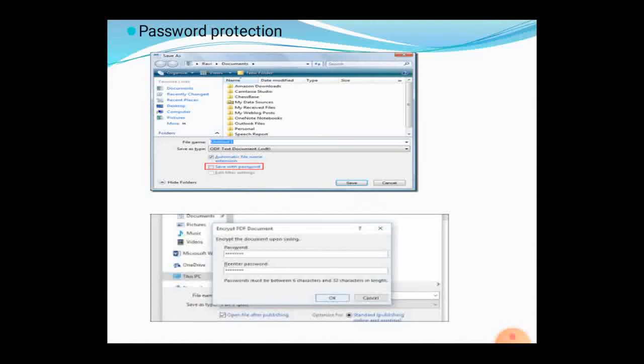You type your password two times, to remember it and to keep it more secure. Once you give OK, your spreadsheet will be protected with the password. No one can open it without your permission or without entering the password.